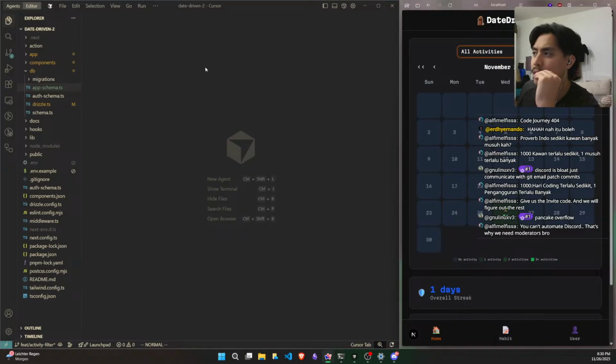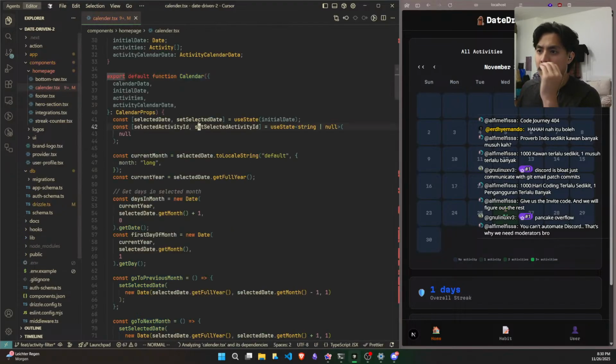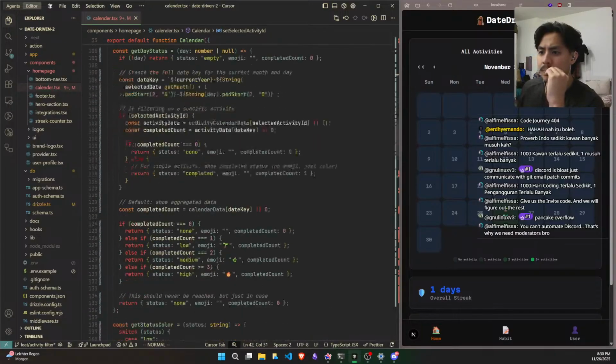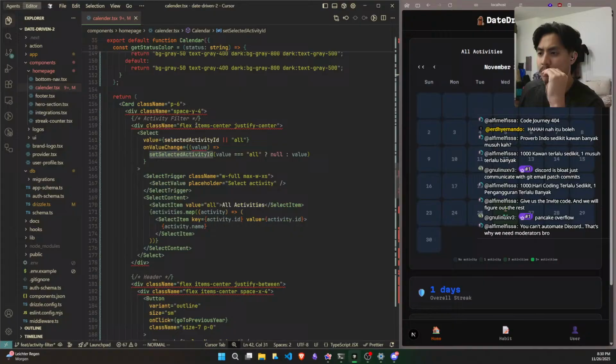Could we put the, what's it called again? Activity filter. I want to put the activity filter below this actually, so I think we can do that, right?